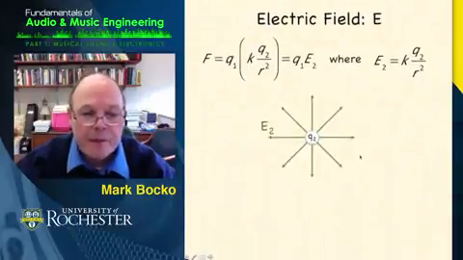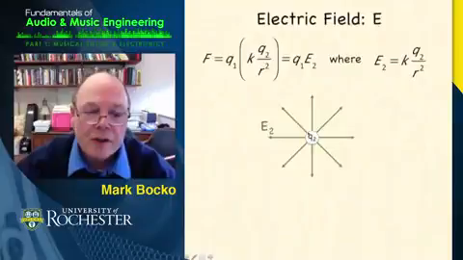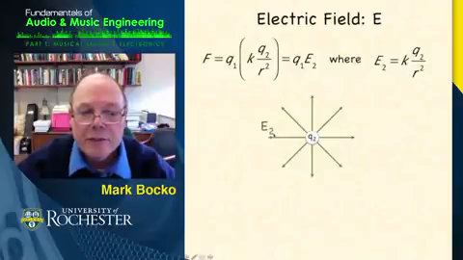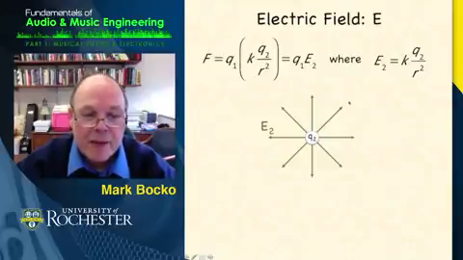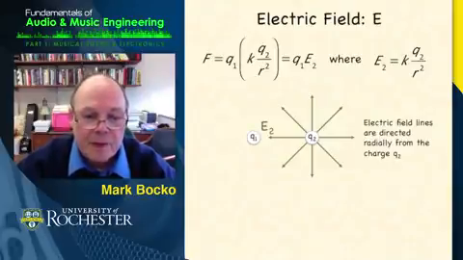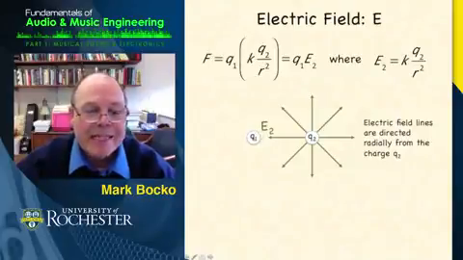Now, we can think of this charge Q2 as being surrounded in space by something that we're going to call the electric field, and I've drawn the lines of force of the electric field that show the direction of the electric field. It's positive if this is a positive charge. It's pointing outward. And so now we can think of the other charge, Q1, as being placed in the electric